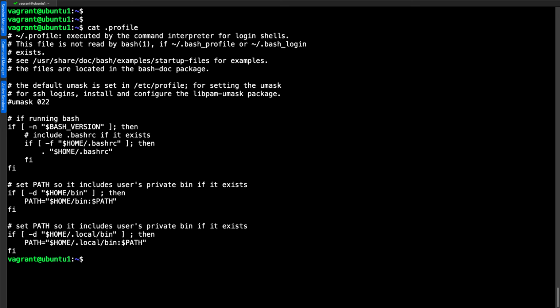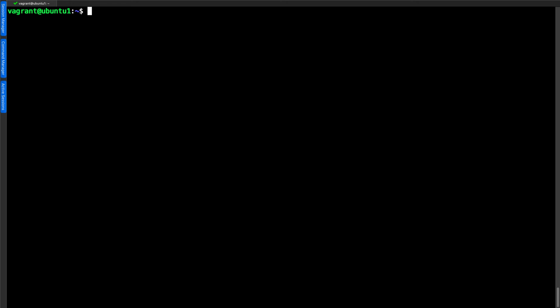So the .bashrc file is always going to run, but the .profile only runs for login shells. When I clear the screen, when our non-login shell runs, we execute the .bashrc file.